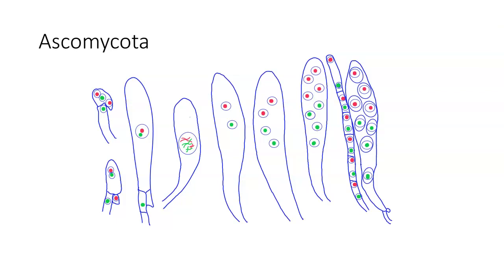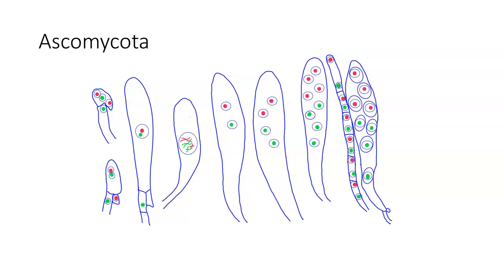When we look at the Ascomycota, we start out with this diagram. In this diagram, on the left-hand side, it shows the hyphae up on top, which is dikaryotic. It's got one red nucleus and one green nucleus, positive and a minus. You can take them whichever way you want. And they start out, and you've got this hyphae which starts to replicate itself. So you duplicate the nuclei.